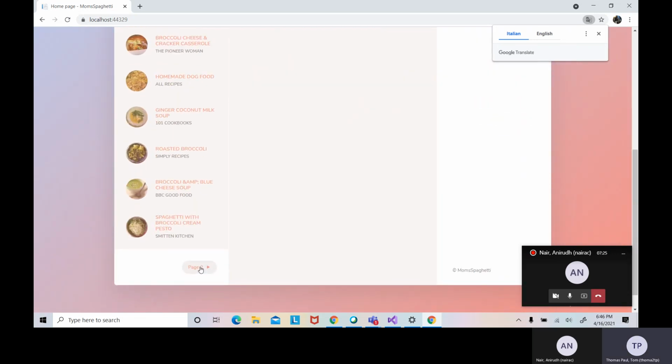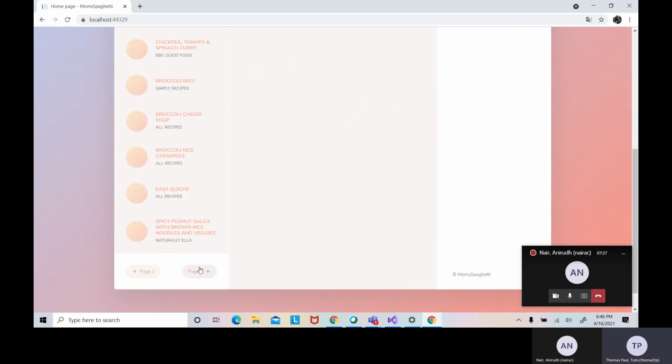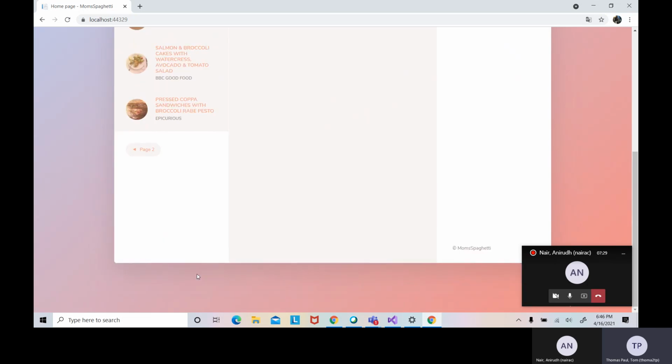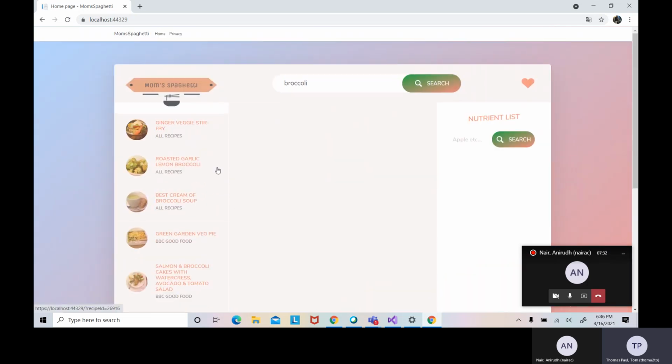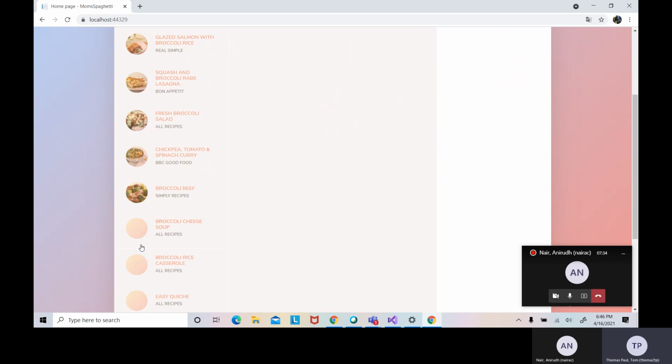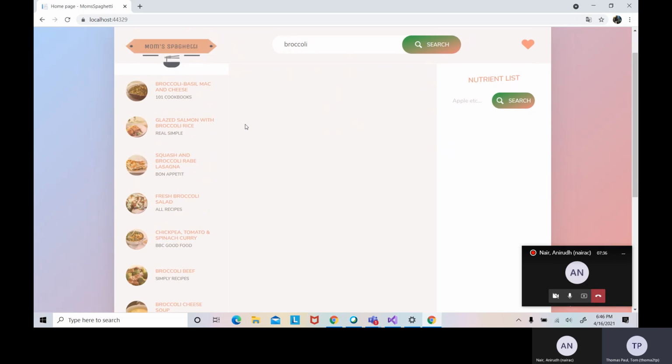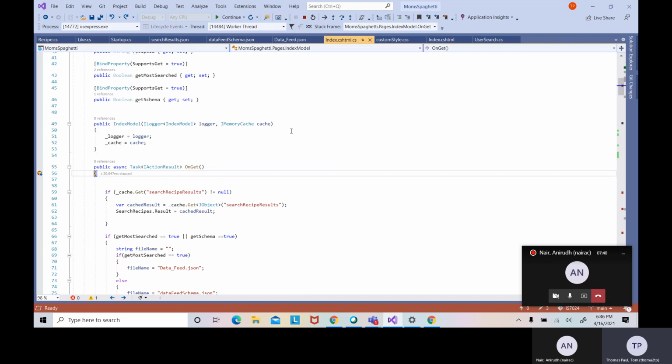As you can see, we have included pagination as well. So we can browse through all these pages to see what recipes are there. If you want to select a particular recipe, you can click on one of these and it takes it back to the backend code where it again triggers the on get method. Here again, what happens is